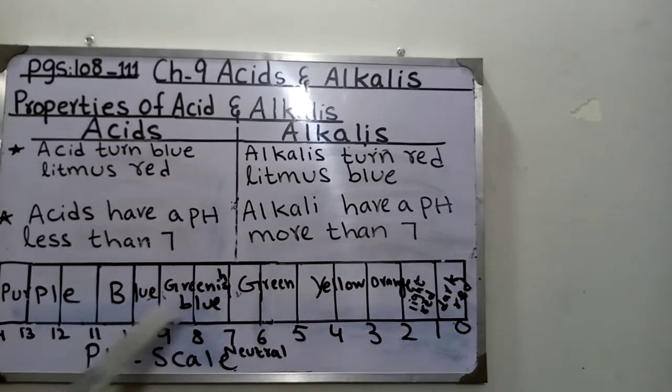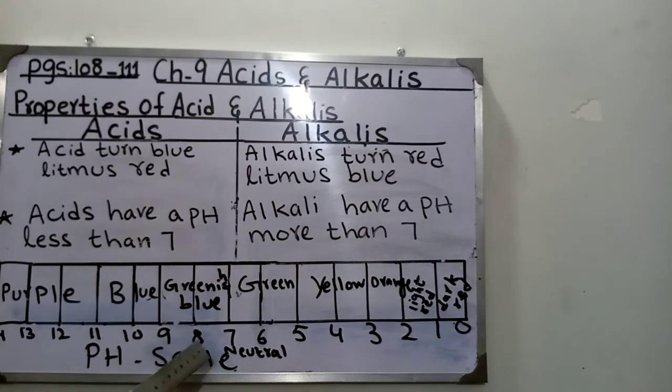इसमें different colors हैं. 7 neutral है, ना ही वो acid है ना ही alkali है. Acid starts from 0 to 6 and alkali starts from 8 to 14, right? 0 to 3 shows the strong acid. ठीक है, जो कलर इनके दरमियान 0 से 3 तक आएगा, it means it is a strong acid. 4 से 6 तक, it shows a weak acid.